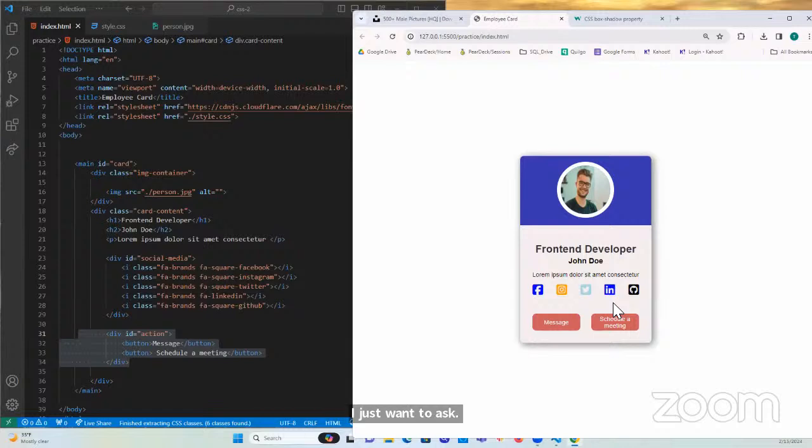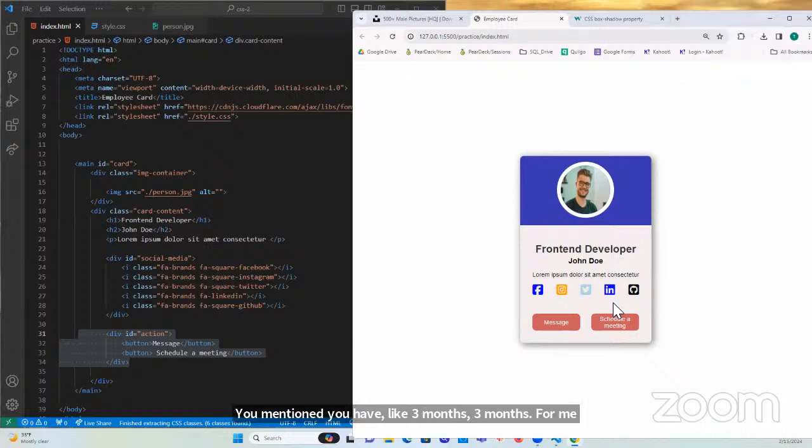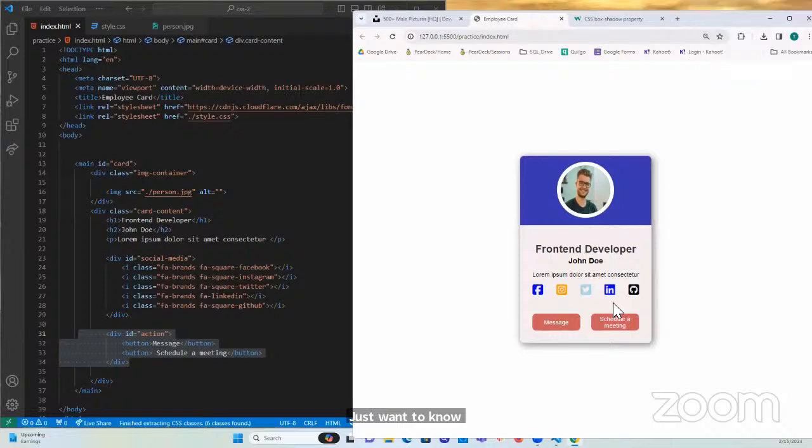Your developer course, is it similar to this? You mentioned you have like 3 months. For me, oh yeah, it's a bit faster. I'm just generally talking: I have zero coding background and it's 100% new for me. I learned so much here, honestly. I wasn't expecting this much. And now I just want to know how. Sure. So should we have some background for the beginning developer course, or is this